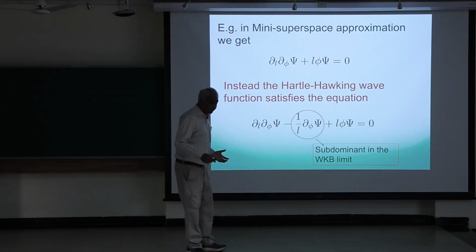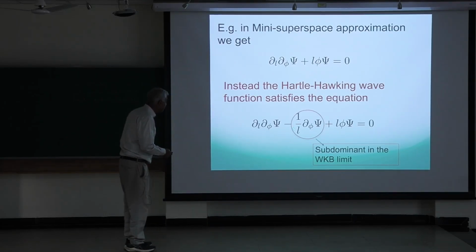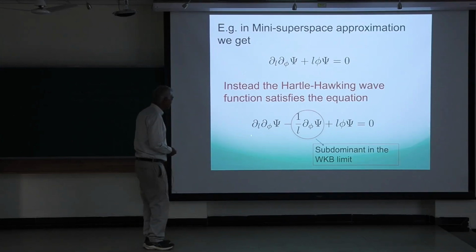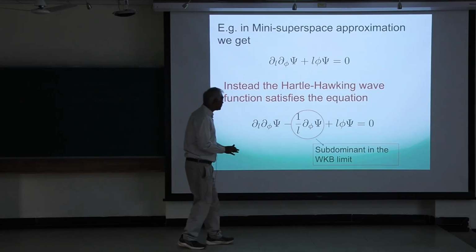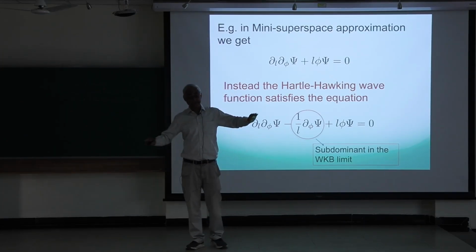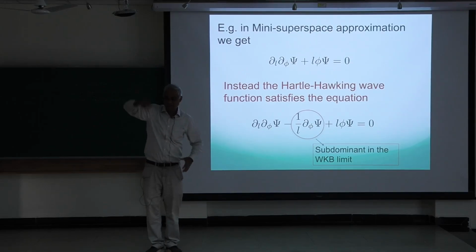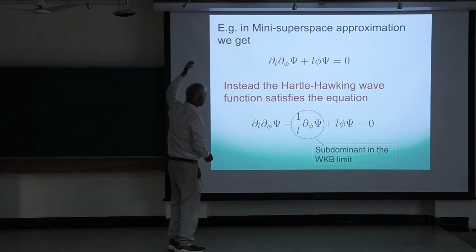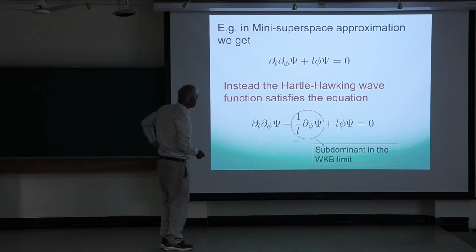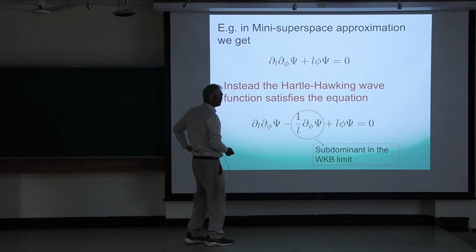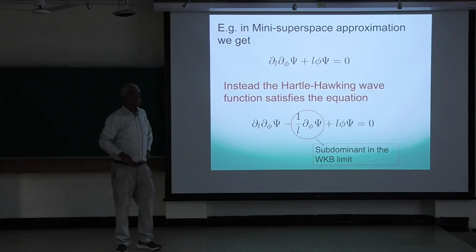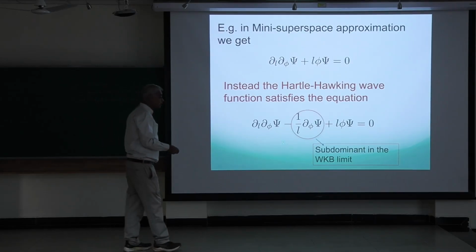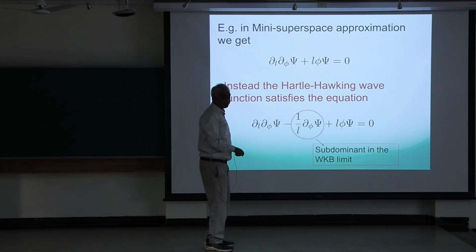So there's a lot of information in the Hartle-Hawking wave function, and it turns out there's an additional term you have to put in. These two terms which were present in the mini superspace would be the ones which dominate in the semi-classical approximation. If you were very far in the future, the universe is very big and so on, the dilaton also becomes very big, so that's like h bar going to 0, you would only see these two terms. But there's an additional term which is subdominant in the WKB approximation, but it's important in general. And if you didn't know the Hartle-Hawking wave function exactly, you could not have pinned this down.